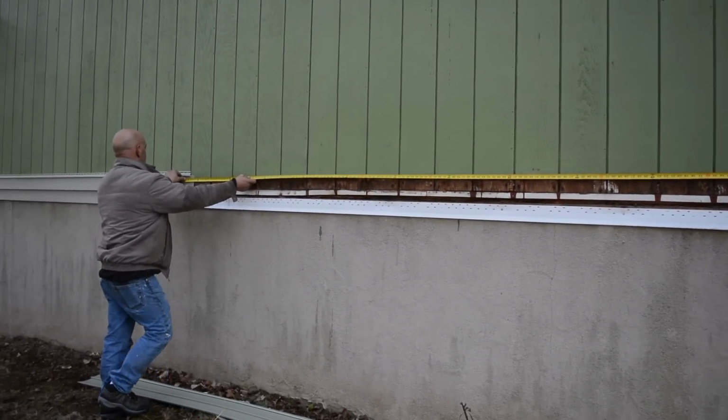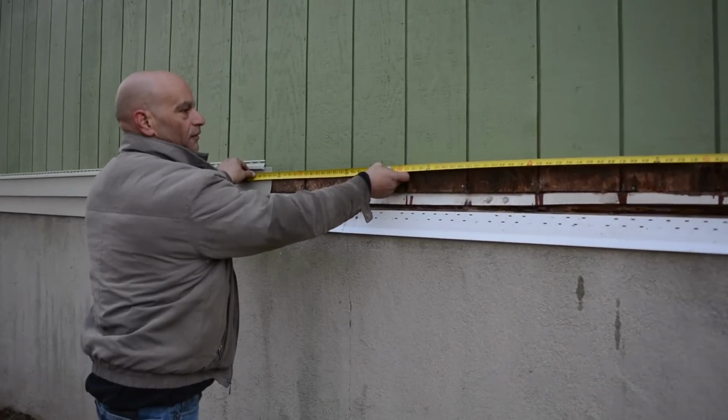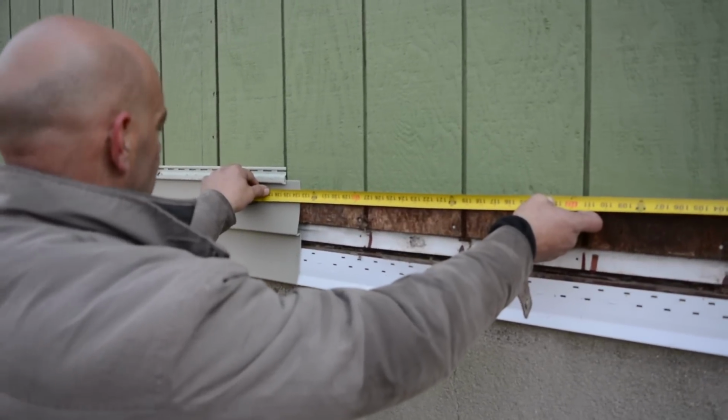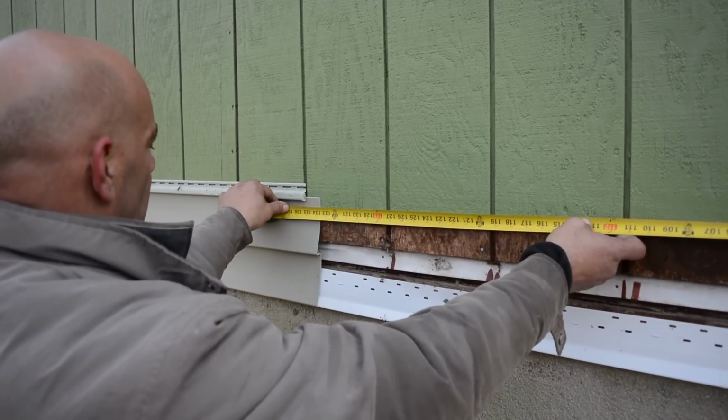So if you look here, this is the joint. I call it the slip joint. It's just a part of the siding where you can see it's notched out. There's no nailer there, so the siding can move freely. So right now, being that it's really cold, I'm going to go about